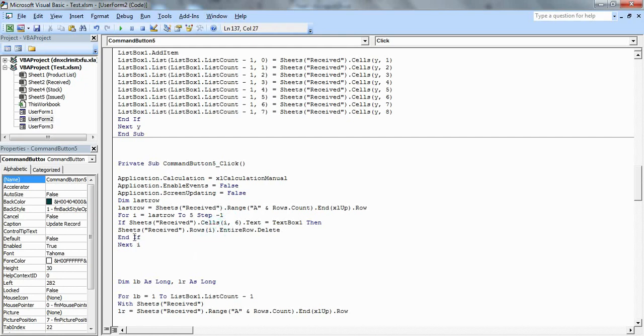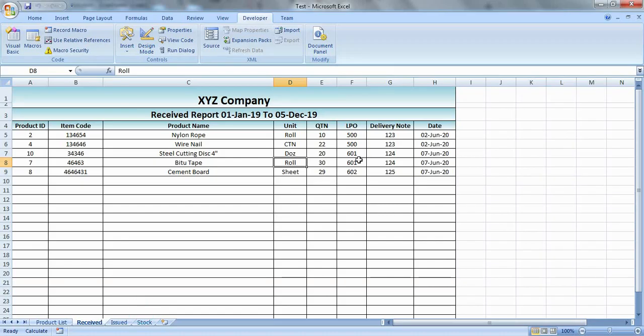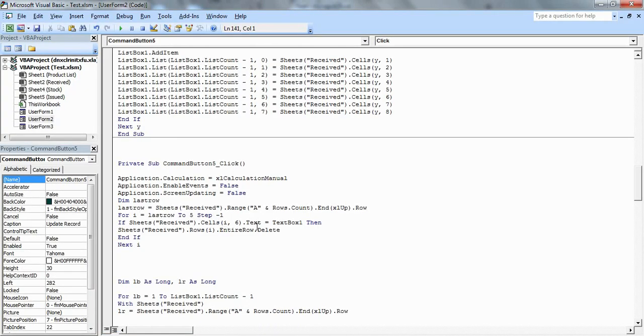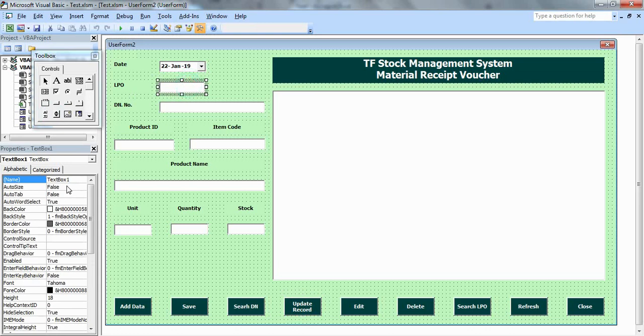Then we have set this condition: if sheet receive dot Cells(i, column 6), which is our LPO column, this 1 2 3 4 5 6, this is our LPO column, dot Text equals TextBox1 dot Text. TextBox1 is our LPO text box, you can see here.